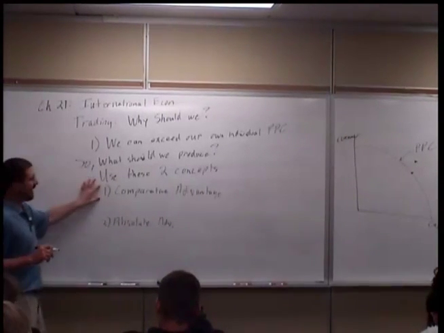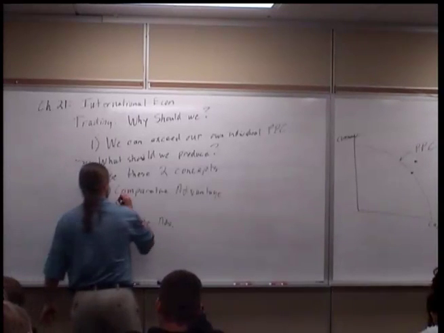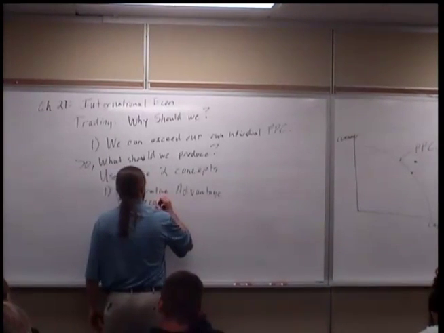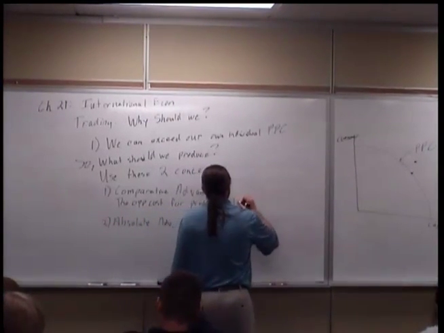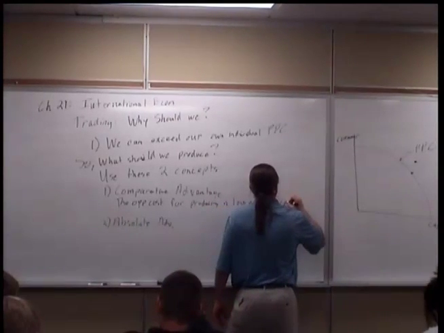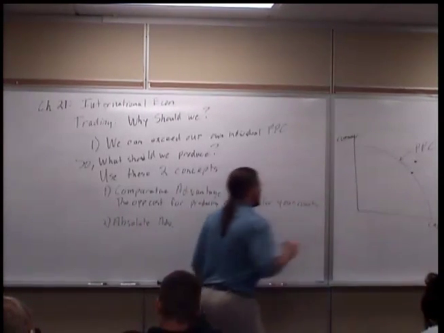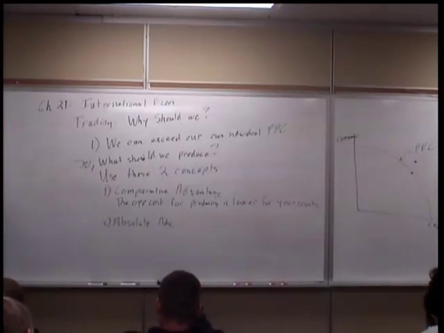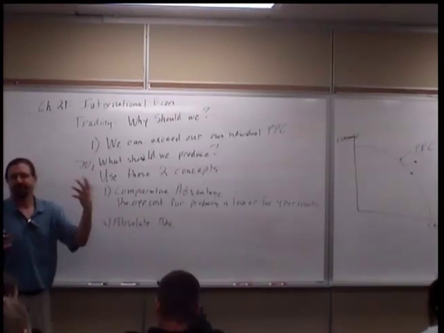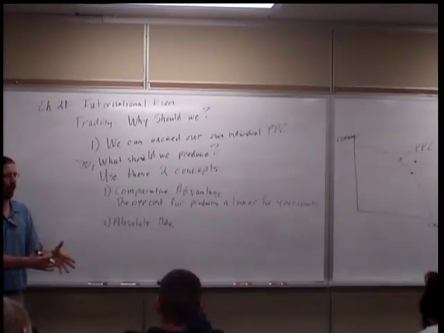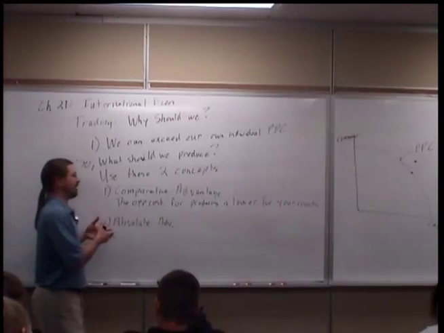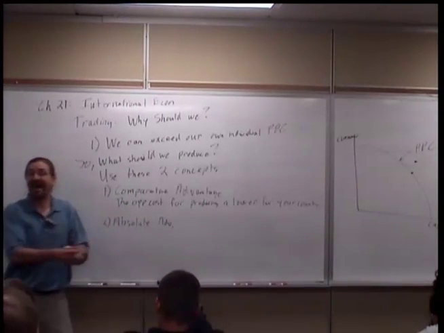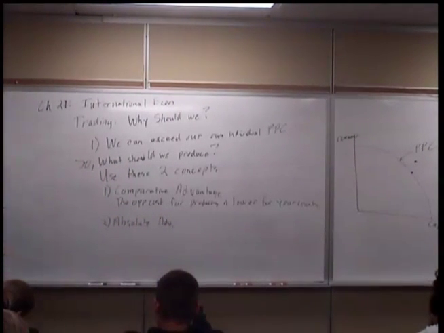When you have a comparative advantage when you are producing something, the idea here is that the opportunity cost for producing is lower for your country. So comparative advantages are a one-to-one comparison. If the U.S. has a comparative advantage over Egypt in producing corn, then the U.S. should focus more on producing corn and trading that corn to Egypt for whatever they have a comparative advantage over us in. Okay?